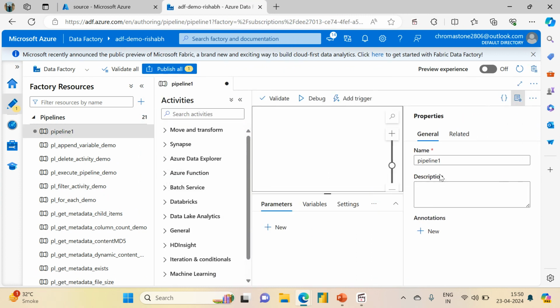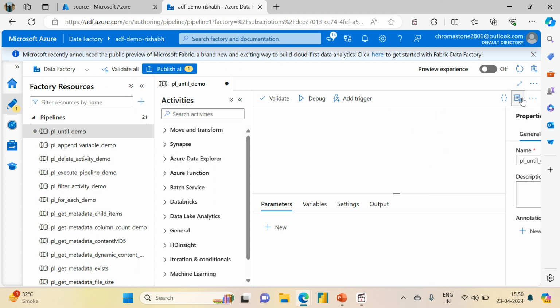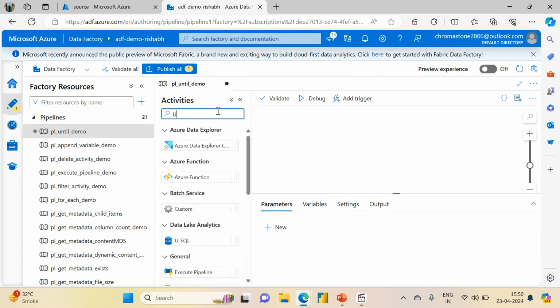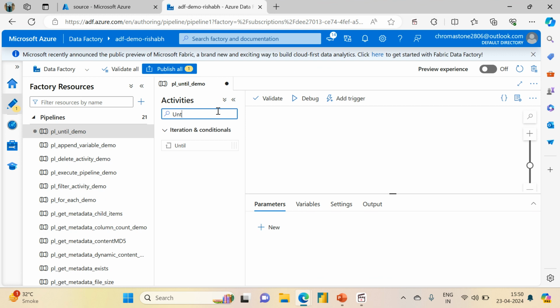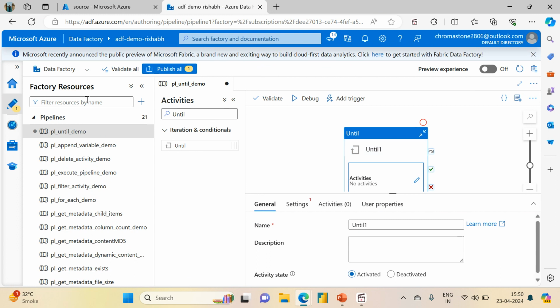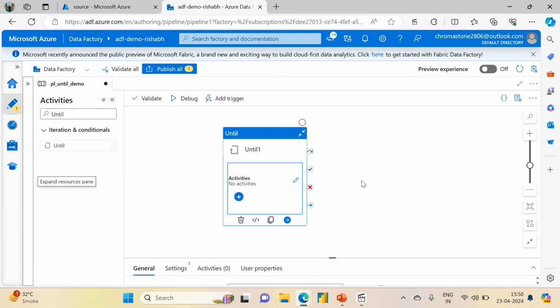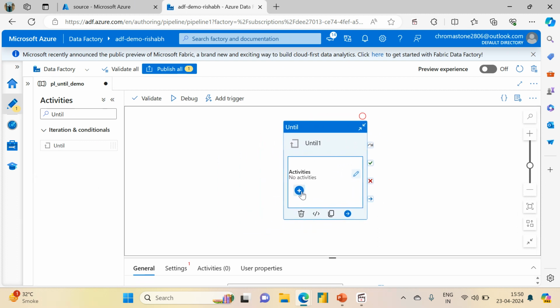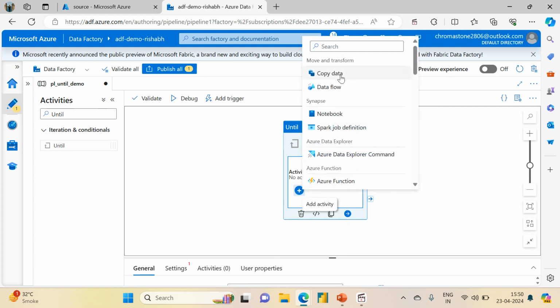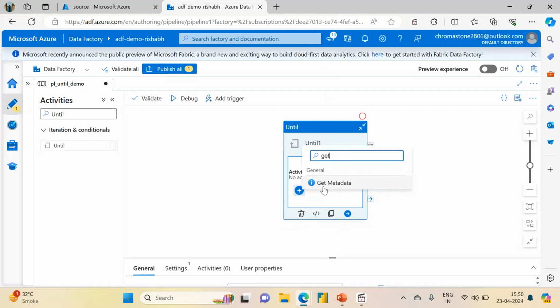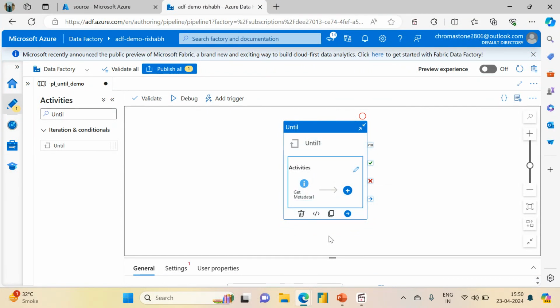So I am creating a new pipeline. Let me give it a name, PL until demo. Okay, and I'm simply going to use an until activity. Okay, fine. Let me expand this. Okay, so first things first, I'm going to first start with a get metadata activity inside until. So I'm going to ask for a get metadata. Okay, and I'm going to configure it,